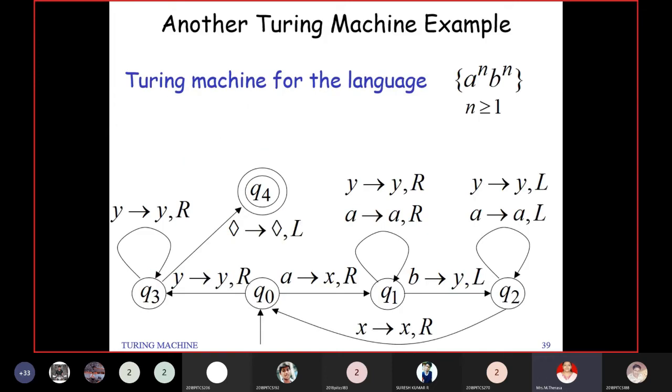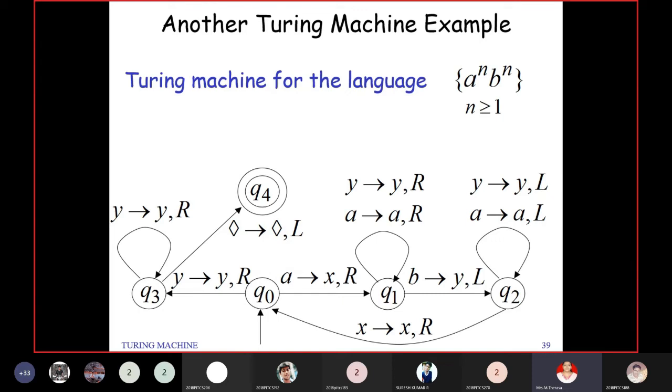Okay. So look at here. You have to start with this Q0. When you read A, you have to replace it by X and move right, and make a transition to Q1. When you are in Q1, if you read A or Y, you keep that A as such or Y as such, but move right until you find a B. When you read a B, you have to convert it to Y and